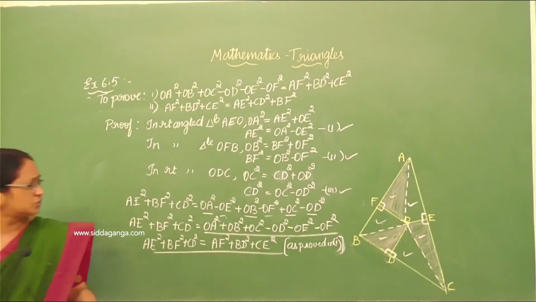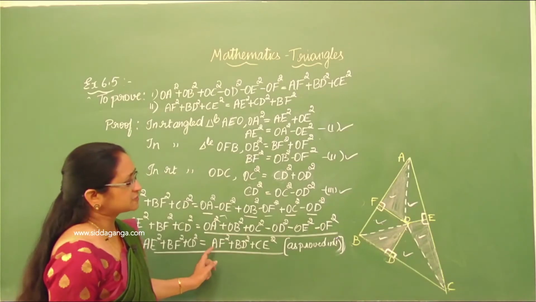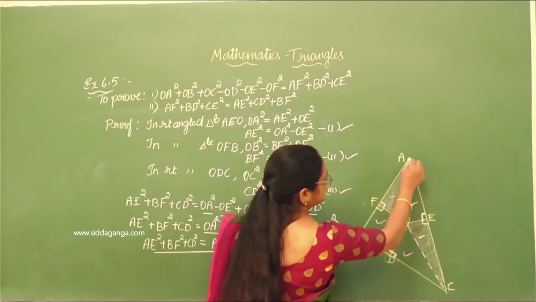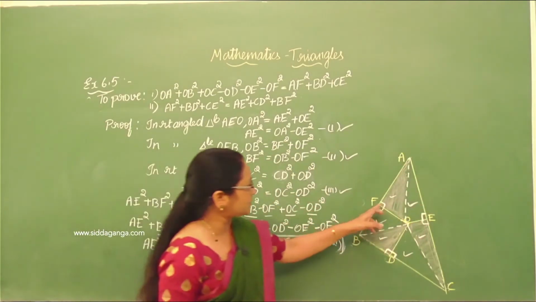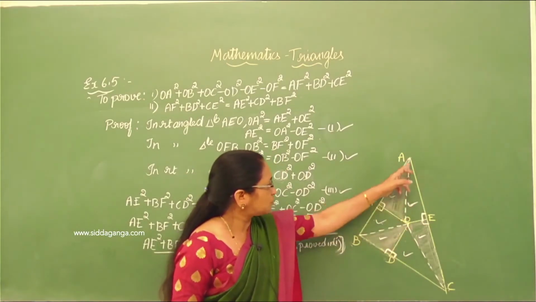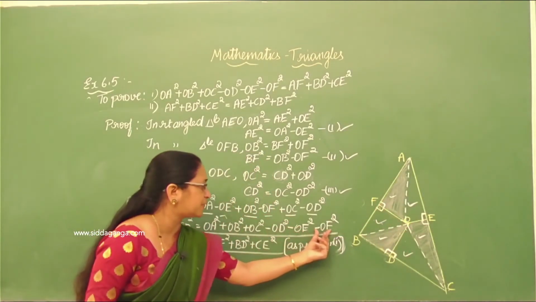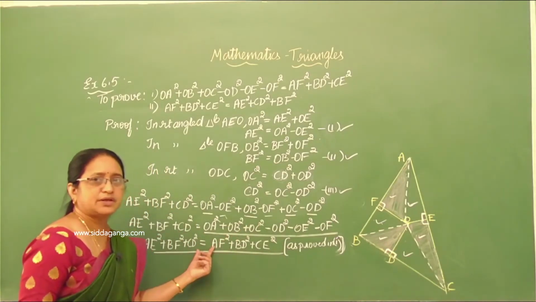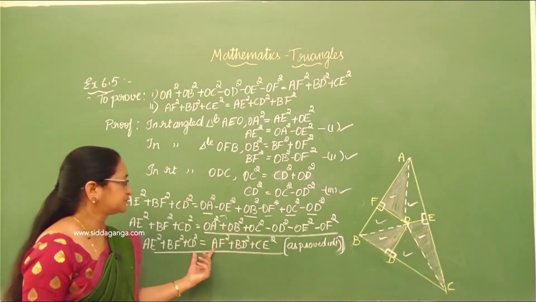See here, if you rearrange this somewhere here, you will get AF square. Which is AF square for us now? AF square is this. So if you rearrange these two, that is OA square and OF square, OA square is the hypotenuse and AF. So OA square minus OF square will give you AF square. Like that also you can do. Independently you can do it separately, the second sub question. I hope you understood this.